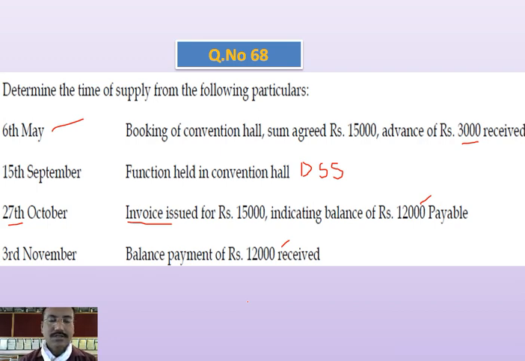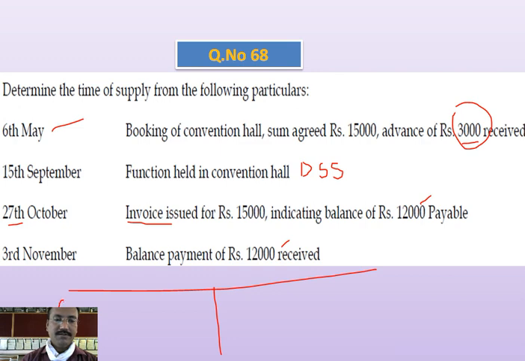Okay. Now the question is, you need to find whether the invoice issue is made within the time. The issue is October 27, right? October 27 is the issue date. Now you need to find that payment is made 2 times. First I will consider this 3,000. For that, date of payment is 6th May, that is 6/5. First 3,000 rupees part payment, and remaining 12,000 rupees payment is here, because there are 2 cases.